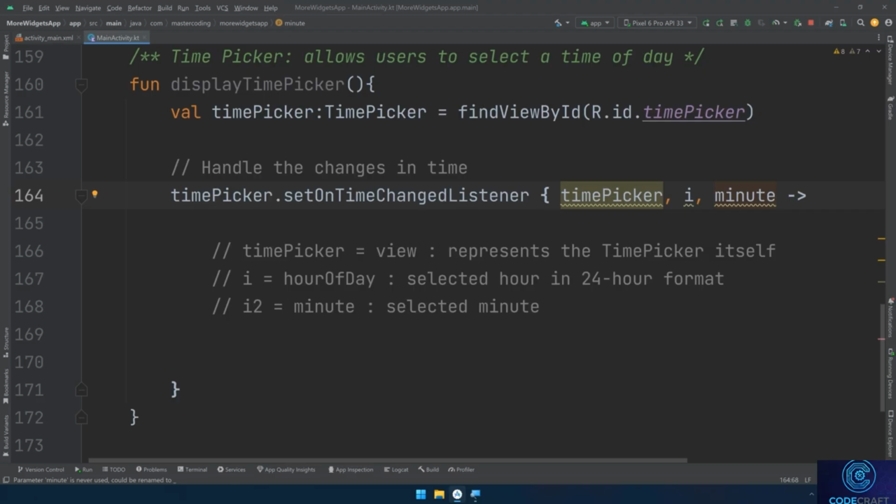The purpose of the OnTimeChangedListener is to allow you to perform specific actions to handle events when the user interacts with the time picker and selects a new time. For example, you might want to update another UI element, store the selected time in a variable, or perform any other task based on the user's chosen time. For example, I'll store them into a new variable called selectedTime equals to